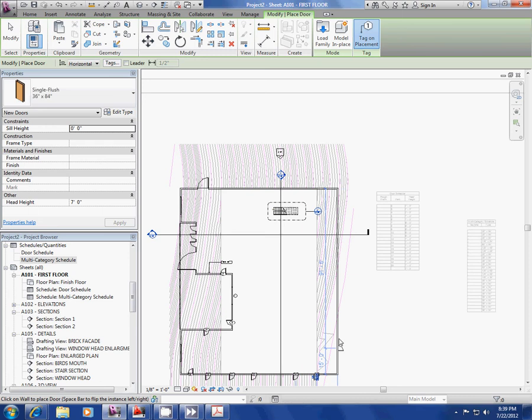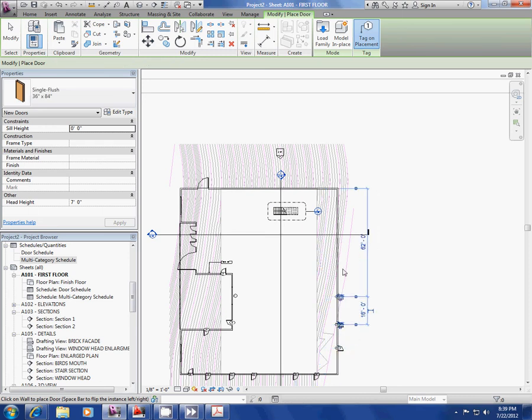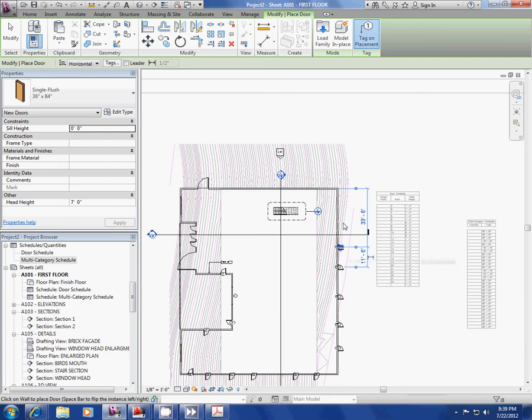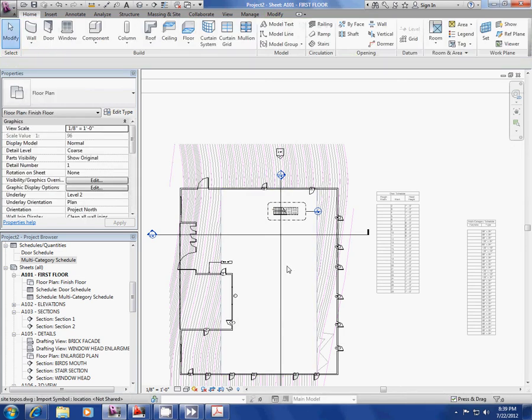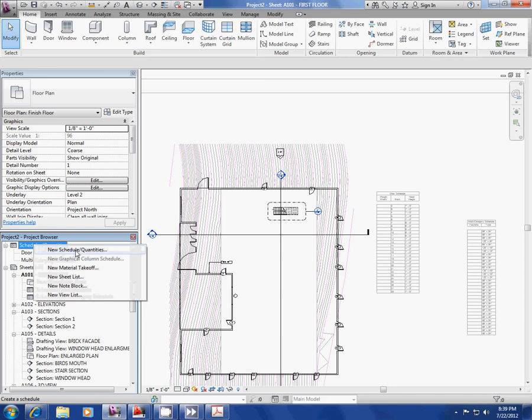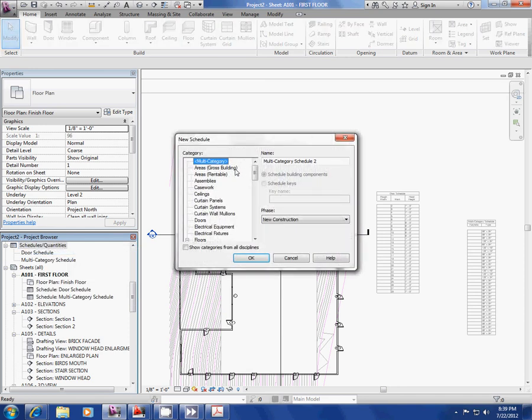Right, and so the same goes for keynote schedules, window schedules, plumbing fixtures, FF&E, so on and so forth. And the smarter your family, the smarter your door schedule could be, right? Cost-wise. Right, and if you look at those schedules, there's all these parameters that you could add. And they're all default. So let's say I want to do